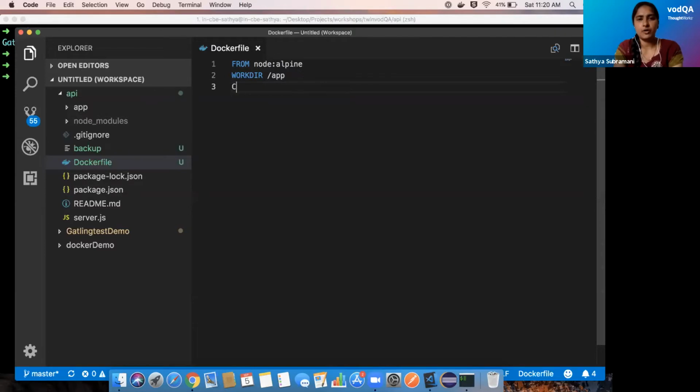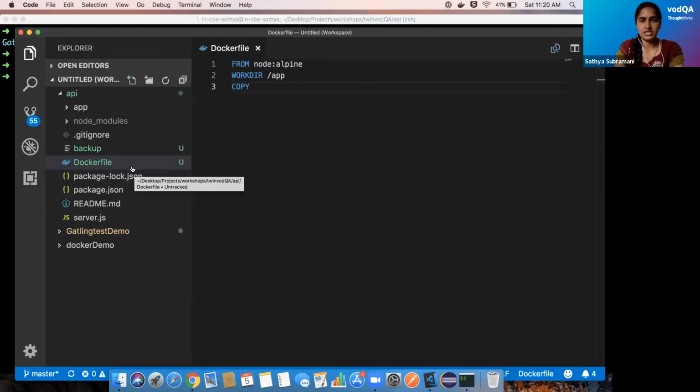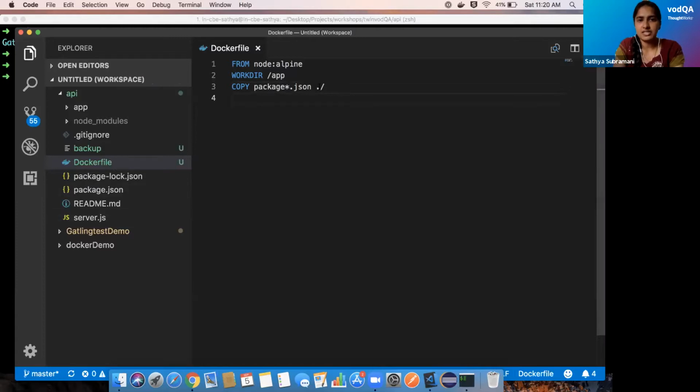Then I'm going to copy the package.json. We'll be having package.json and package-lock.json, so I'm going to copy both. I'm giving package*.json because I'm going to copy both inside the app, inside the current working directory.